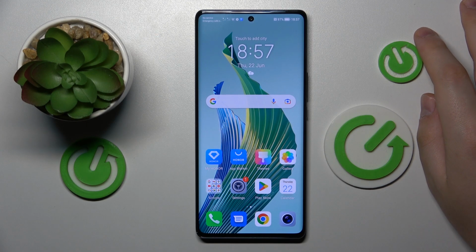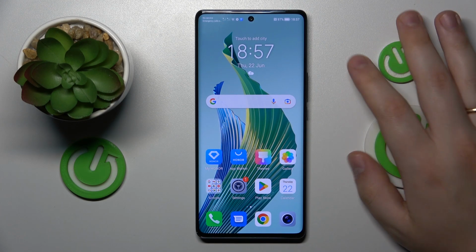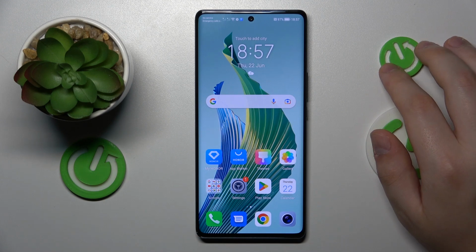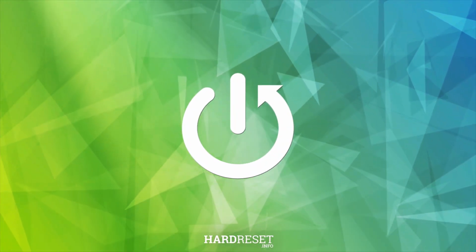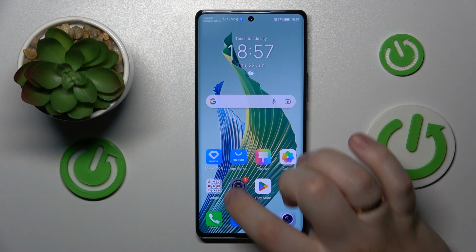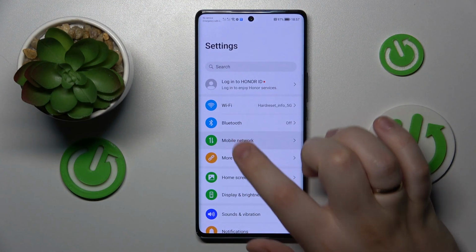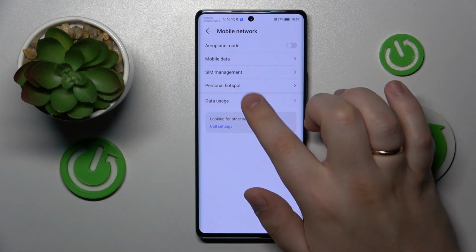This is HONOR Magic5 Lite, and today I will show how you can check your data usage on this device. So first you will need to launch settings, onwards open the mobile network category, next enter the data usage, and